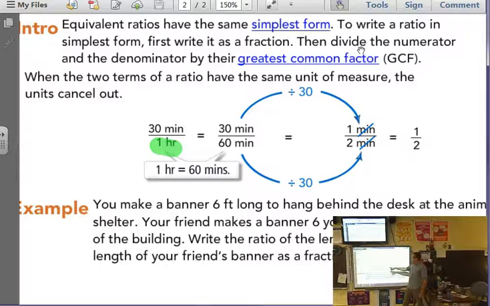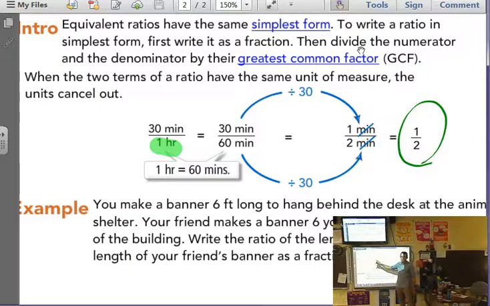So they're comparing 30 minutes out of an hour. So maybe you sleep 30 minutes out of every hour, like an animal does. Or maybe you're working out 30 minutes out of every hour and then you're swimming or something. So then we can switch units. It's no longer a unit rate, but we're getting to a simpler ratio,